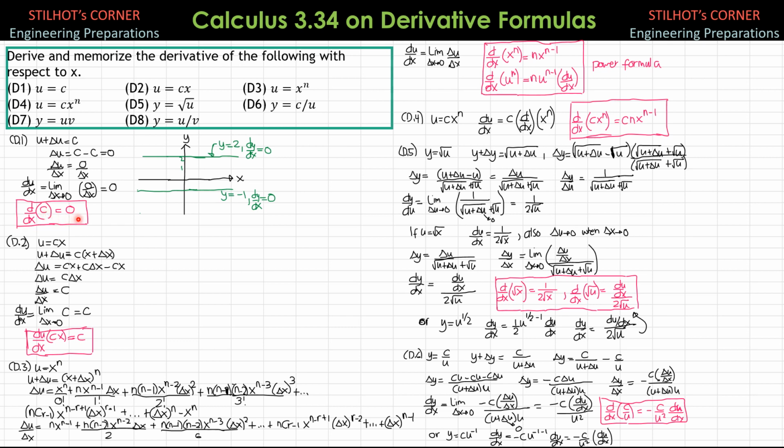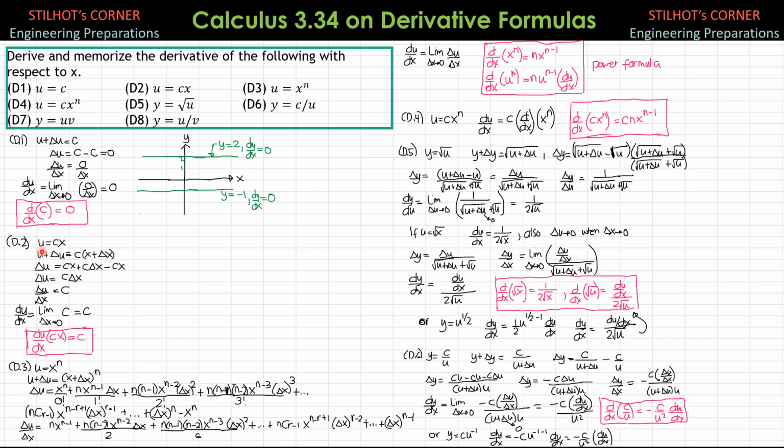And the geometric interpretation is the graph of a constant is a horizontal line. For instance, this is y equals 2, y equals constant, which is 2. So the derivative of y with respect to x is 0 because the other interpretation, the geometric interpretation of derivative, is that it is the slope of the tangent to the curve. And since all points on this constant line lie on a horizontal line, and the tangent to any point would also be horizontal, that's why dy dx is 0. Same is true with y equals negative 1. So all tangents will be horizontal, so dy dx is 0.